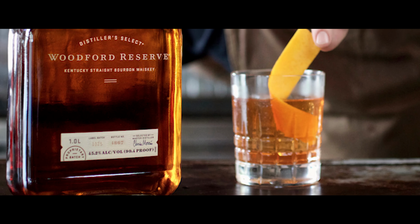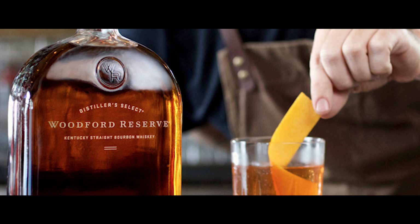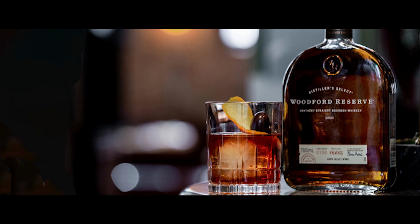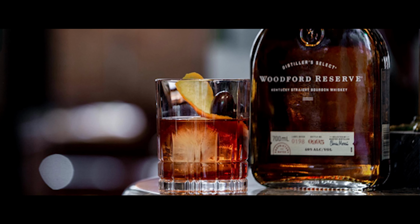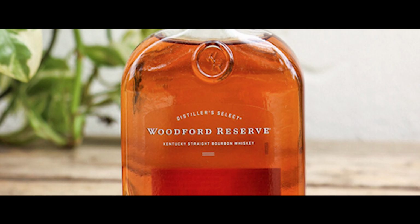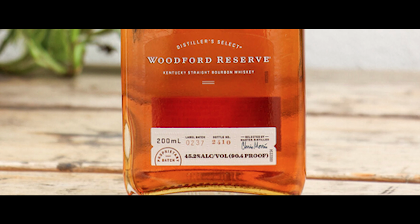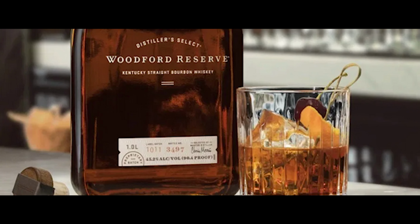And the notes for Woodford Reserve will be heavy and rich dried fruit with the aroma, hints of mint and oranges covered with the dusting of cocoa, as well as a faint vanilla and tobacco spice. And the taste is rich, chewy, rounded with smooth, complex citrus, cinnamon, and cocoa. And the toffee and caramel and chocolate spice notes abound. The finish is silky smooth, almost creamy at first, with a long, warm, satisfying tail end. And the proof is actually 90.4, making it very precise and true to what they were going for in terms